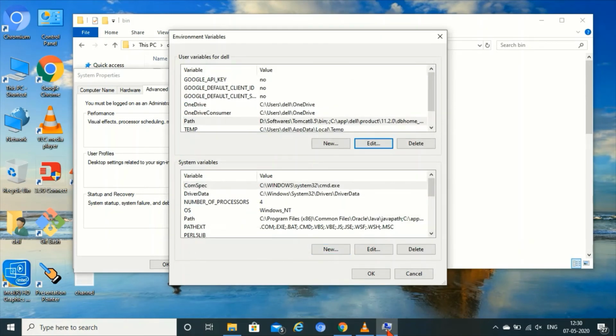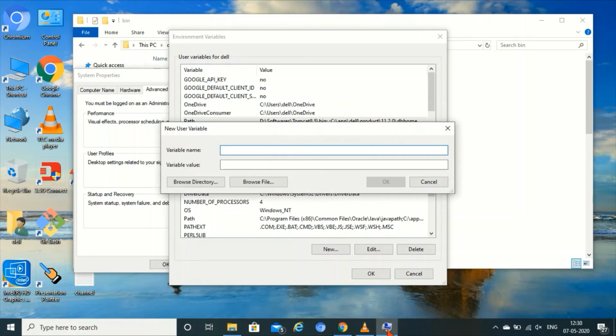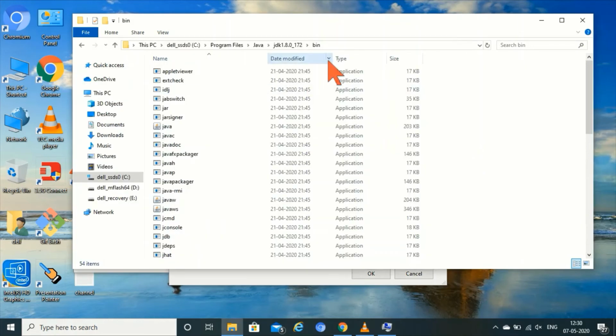Click on OK. Now we have to create a new environment variable. Variable name is class path. Variable value is dot, semicolon is a must, because it has to search in the current working directory also.